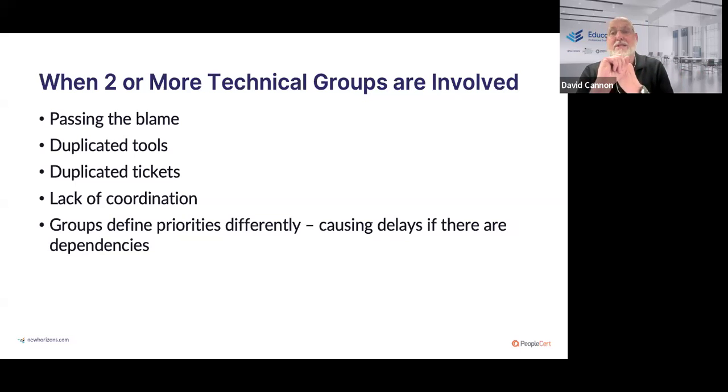Coordinate the activity through a single parent incident record. If they are using different tools, make sure that both of those tools are linked in so that they can update the incident record. Make sure that escalation paths have been agreed with the managers of both of those teams. Okay,